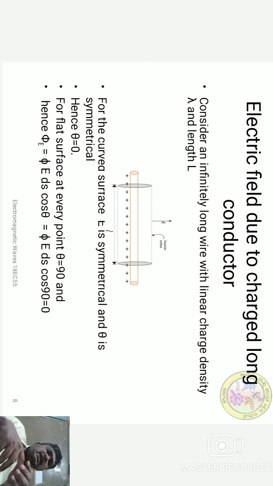Now I cannot consider a square. Square means from here to here it is different, from here to here it is different, from here to here it is different. So I cannot consider either a sphere or a square. I have to consider a shape that satisfies the symmetry property. To have that property, I have to consider a cylinder, a cylindrical structure. If that is the case, I can apply the symmetry rule.